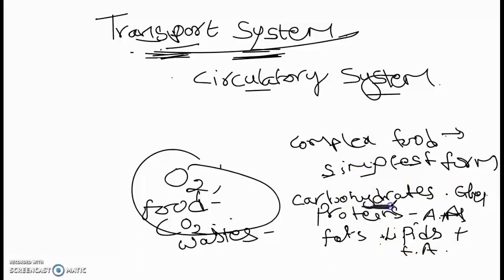The representation of carbohydrates in our meal is rice. Rice is converted into glucose, and the dal that we eat is a representation of proteins. It is converted into amino acids, and the oil that is used is the representation of fats, and this is converted into lipids and fatty acids. So the food in its original form cannot be absorbed by the blood. Food has to be converted into these forms. Now it will be absorbed into the blood.